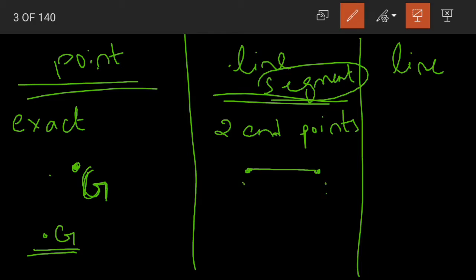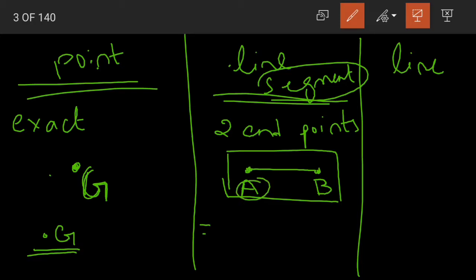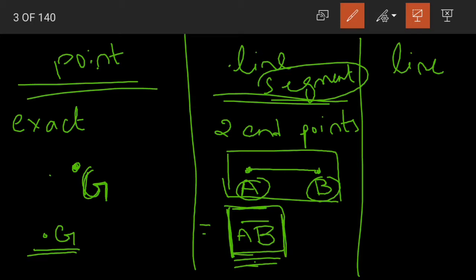And again, there are 2 points here, so we can name those points using capital letters. So this line segment AB, this is our line segment AB. It is having 2 endpoints. And how do we denote the line segment AB? We write both the endpoints, and on the endpoints we draw a line. So this is nothing but line segment AB. Whenever you have something like this, you have to read it as line segment AB.